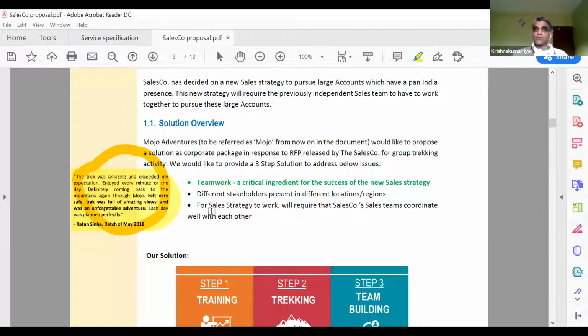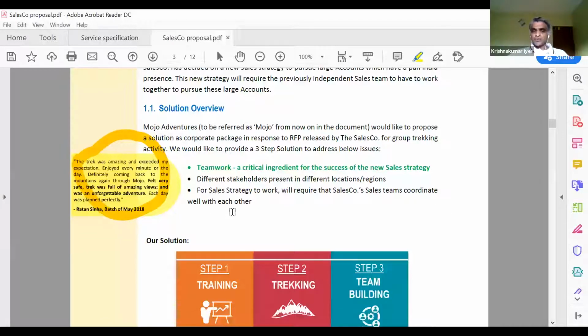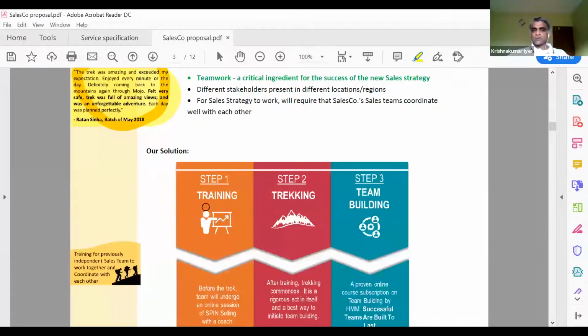Okay, very important to do that, because instead of you claiming you're good, etc., if there is another client who gives you a testimonial saying, hey, these guys are good, it always has a much better resonance as far as your client is concerned. Okay, and then of course you talk about your solution, step 1, step 2, step 3.